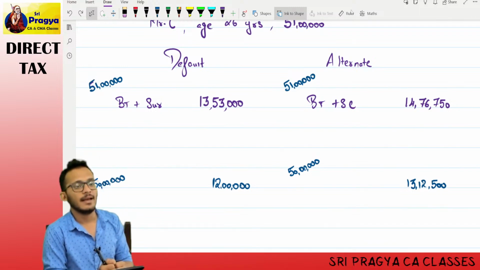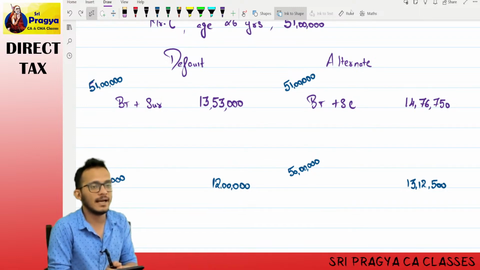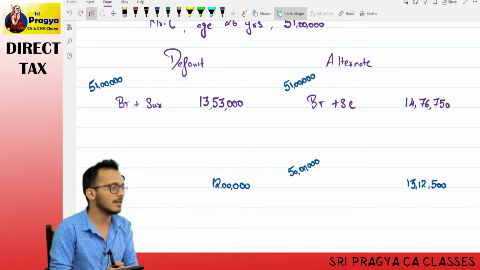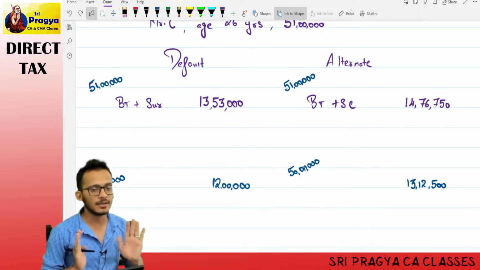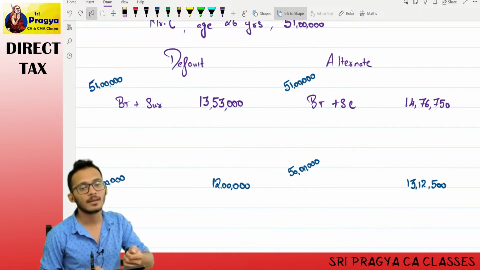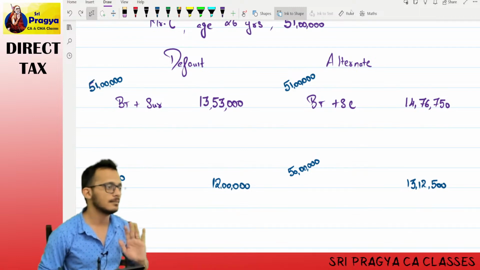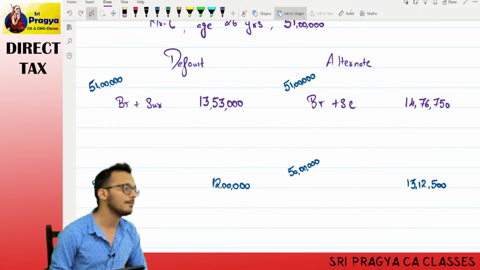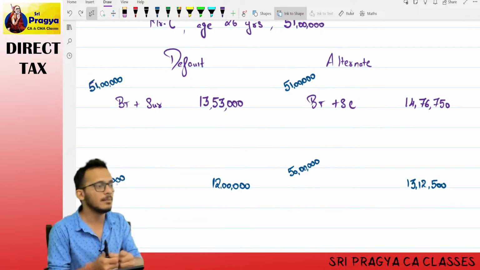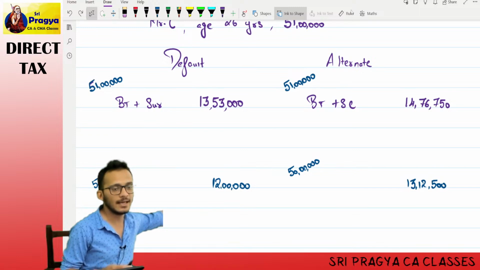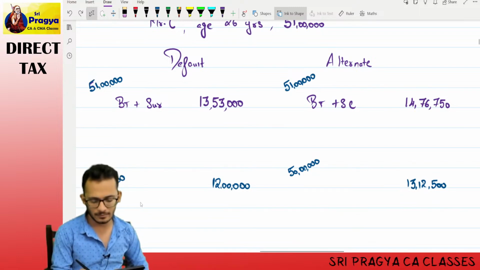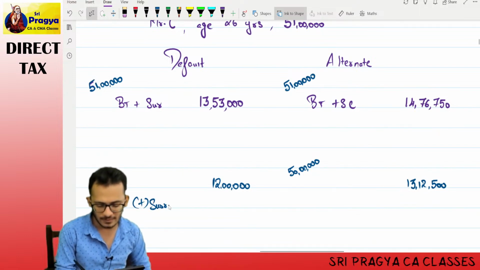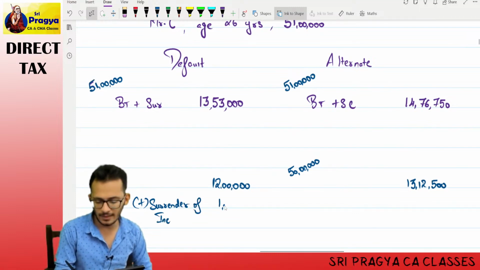Income tax comes and says, if you are going to have a tax which is more than your income itself, I don't want it. You give me, I will not ask you for extra. Yes or no? Which means I can approach this two ways. Way number one, I say my income is 50 lakhs. Tax on that is 12 lakhs. Extra, give me 1 lakh. So you can say add surrender of income, 1 lakh.